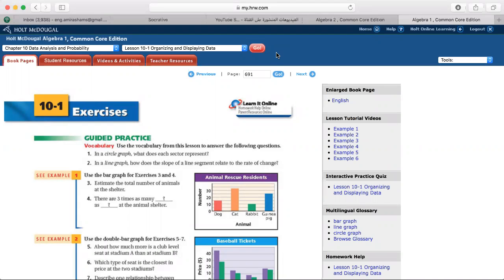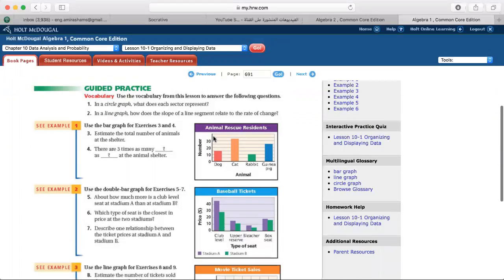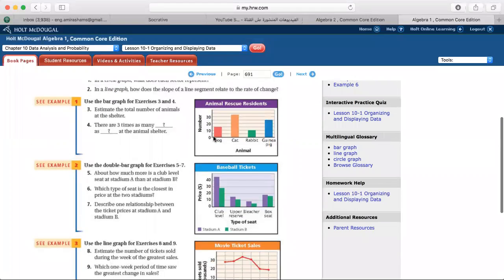Today we're going to revise. We're going to start to revise algebra, chapter 10, lesson 1, organizing and displaying data. We learned in this lesson the bar graph, how to read it and how to make it, and also the line graph, and the circle graph. Now we want to start to answer some questions concerning this